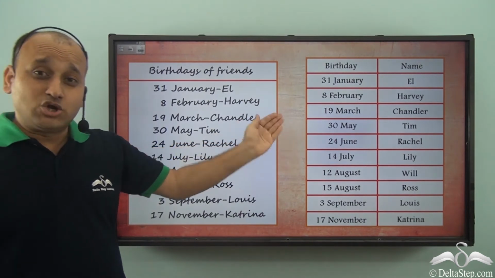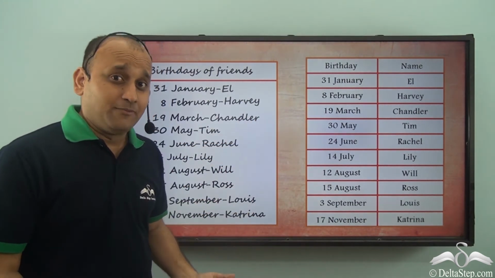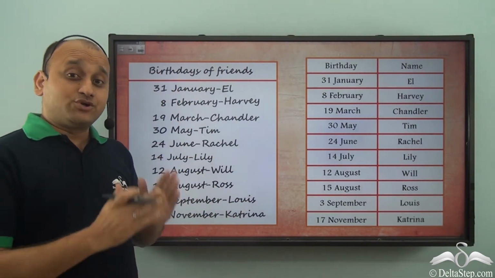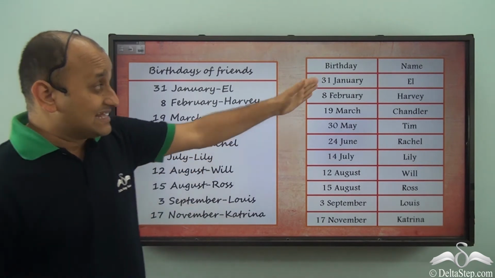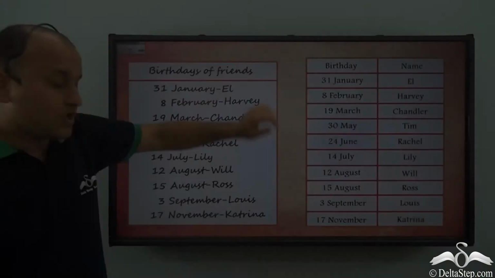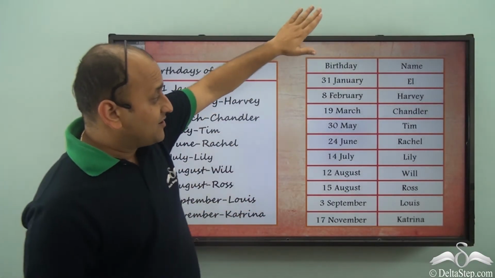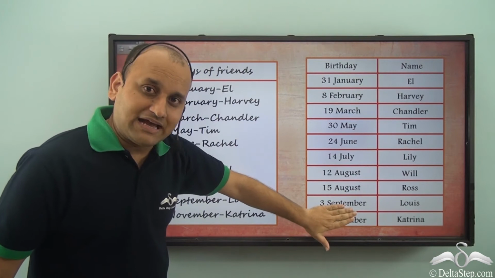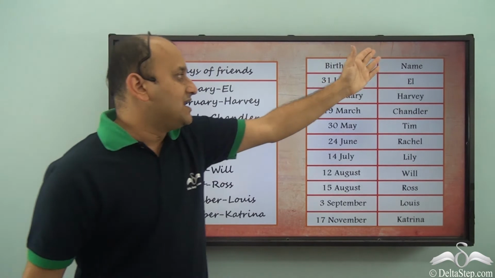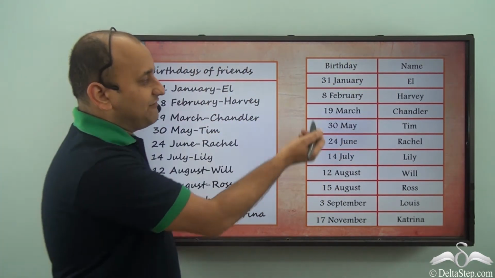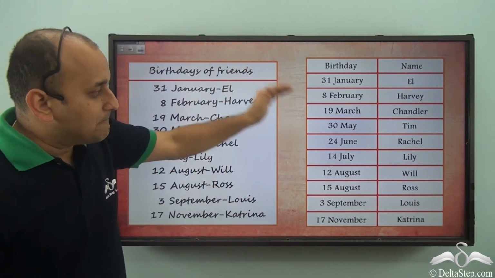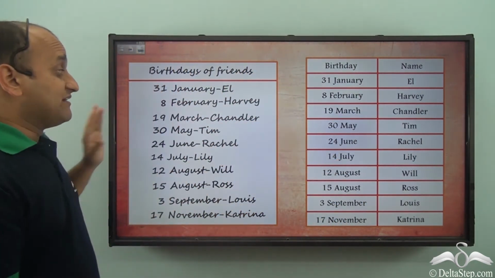So doesn't it look much more organized and presentable? Definitely it does. So if you have a set of data which you can divide into two parts, then this type of table can actually help you, because you have two columns. So what you can do is you can simply write one portion of the data on this side and the other portion on this side. So you have birthday here and name here. Now you can easily find birthdays and related names. So this is much better than the previous version.